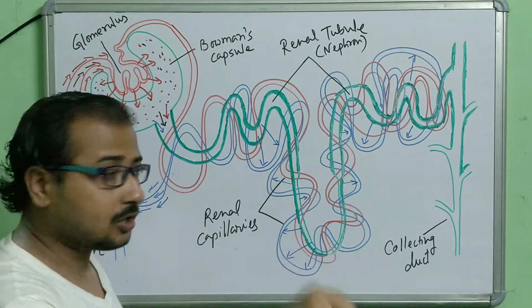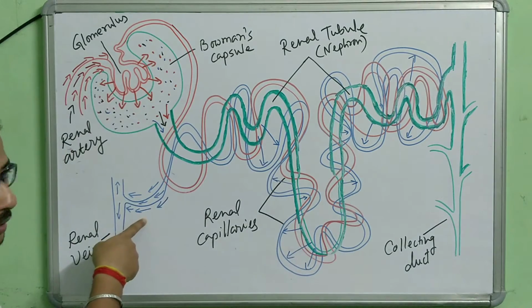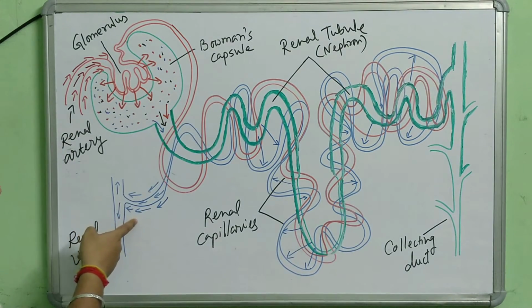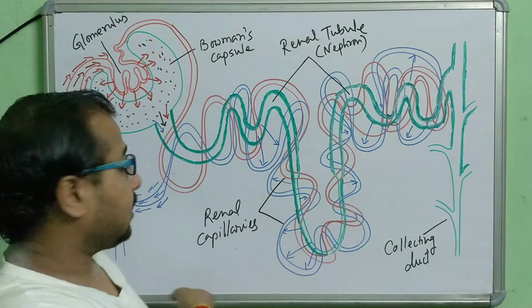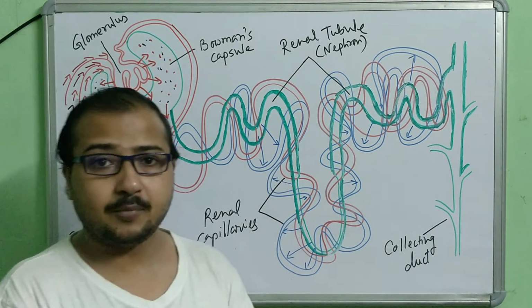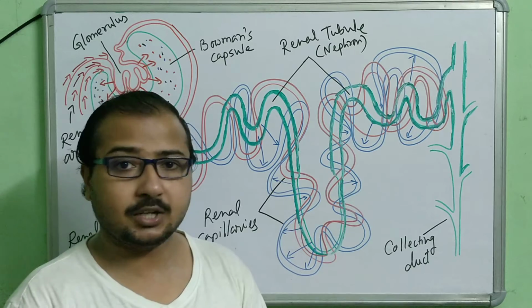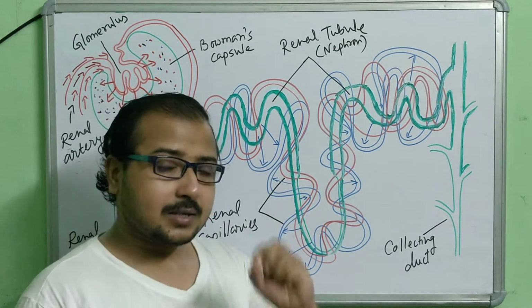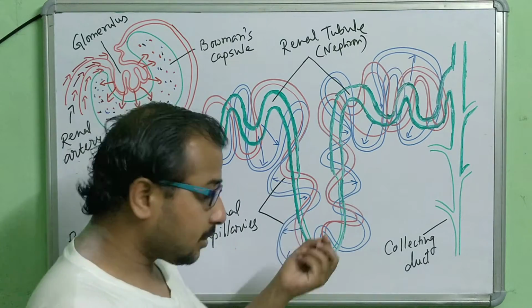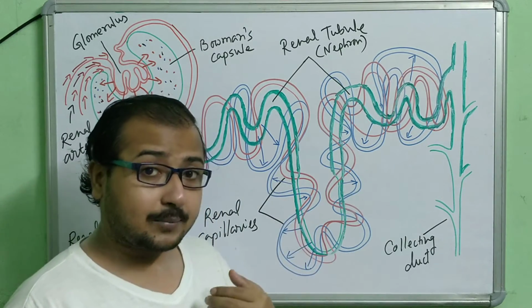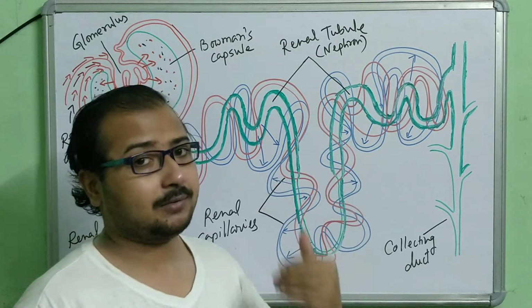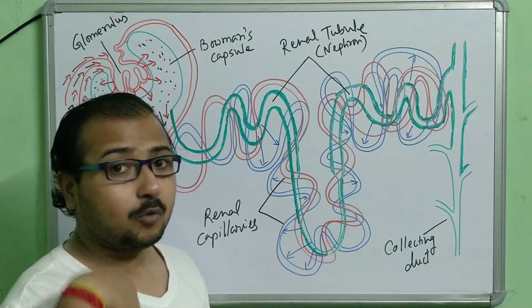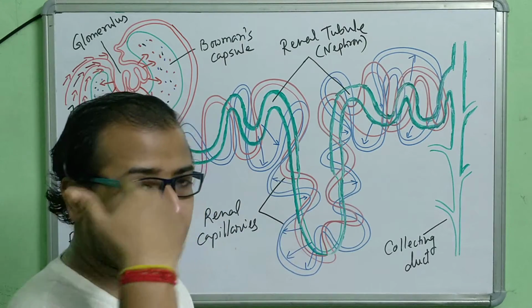But they are not supposed to be. Now where are these veins going actually? They are taking the nutrients and all, and they are going out. See the arrow. They are going out of the kidney. So it is going where? To the body. So what is going on through these veins? The important nutrients, water and vitamins which are required by the body. But as I said, when it was absorbing all these nutrients, some wastes also got reabsorbed from the nephron. But then we have to give them back into the nephron, because the veins will not carry wastes. They will not go back to the body, right?